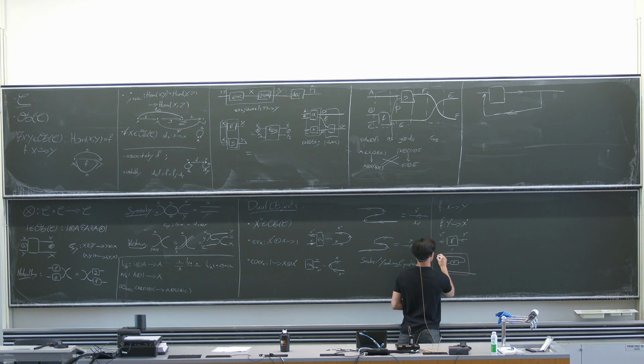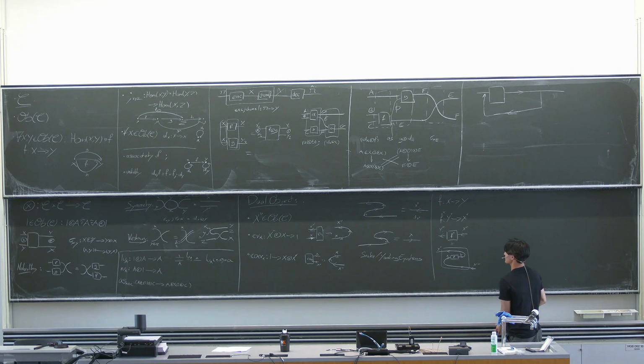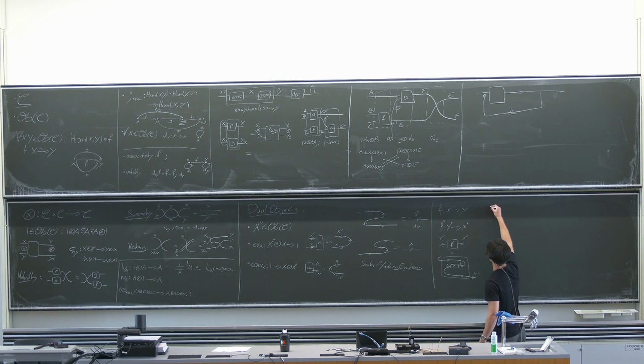This is equal, because here we have y tick, which goes this way, x tick, but we're bending x, so we can feed x and y into f. So what you do to define the dual morphism is you slide it into the snake, and you get the dual morphism. And what's nice about this is that, I'm going to write this here. What's nice is that if you have f like this, then it's equal to f tick. Like, wait.